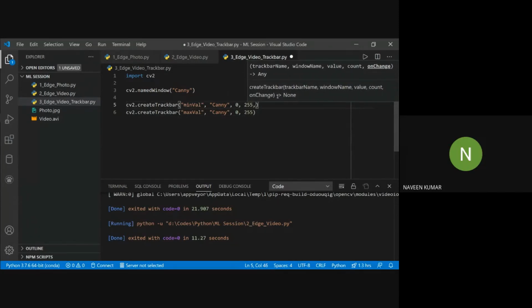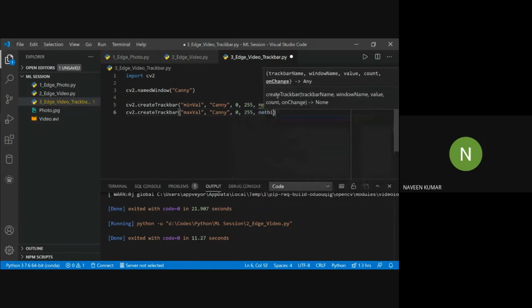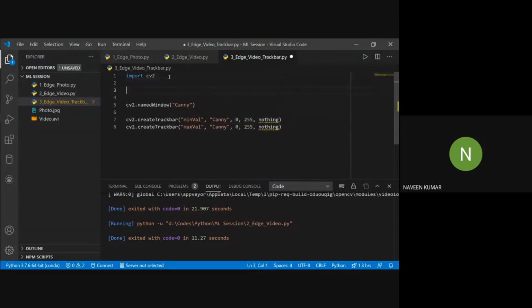Whenever we change the values using the track bar, it calls that function, but we don't want to perform any functions, so we'll call a nothing function, and we will define it here, which does nothing.